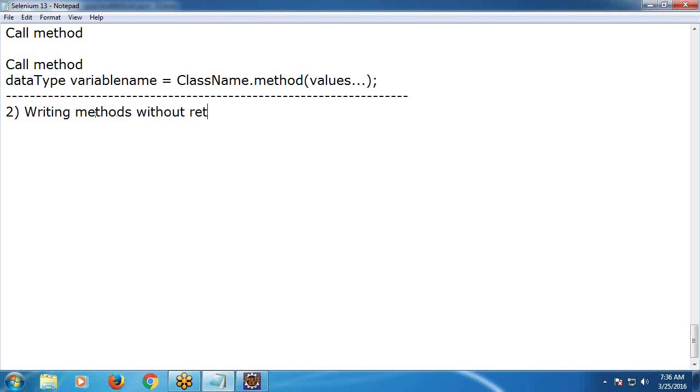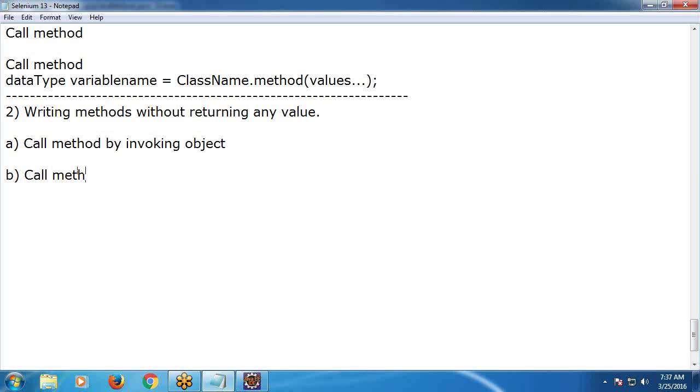without returning any value, only performing operations without returning any value. Here also the same two flavors. What are the two flavors, Rahman? One is by invoking object, and another one without invoking object. Call method by invoking object. Next, B is